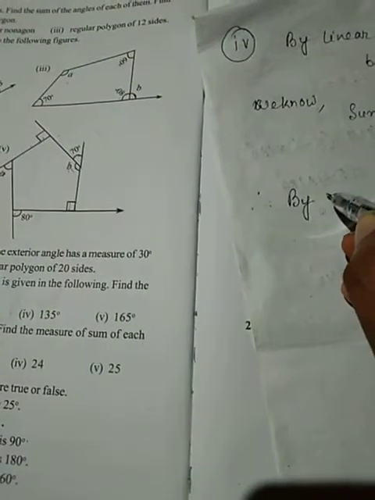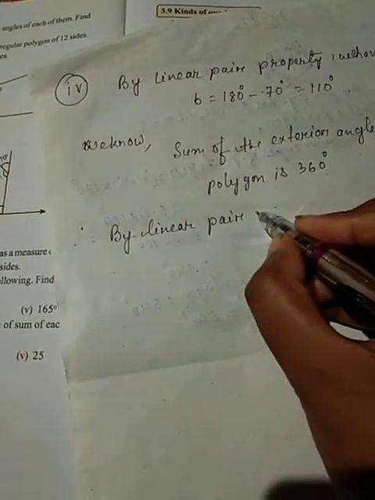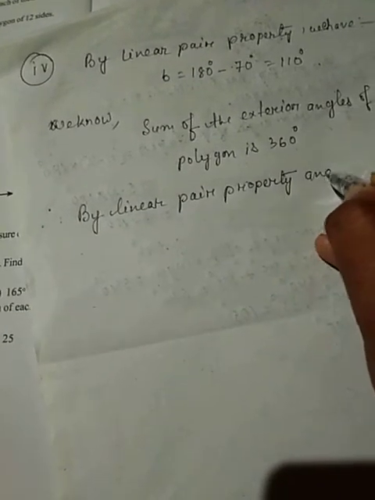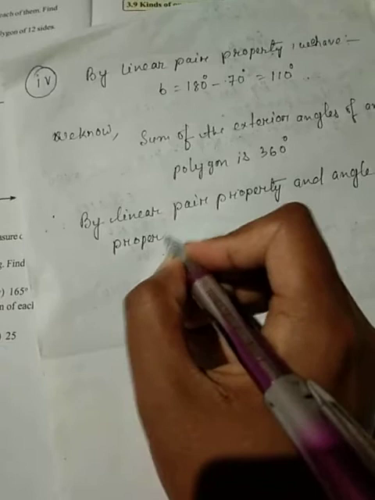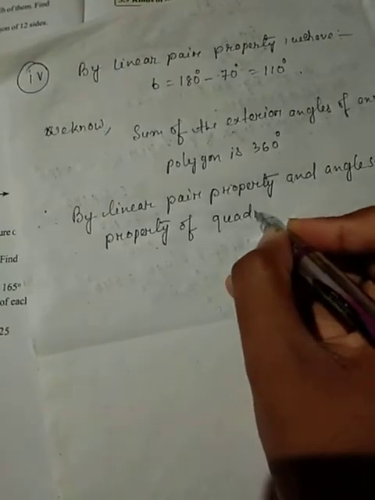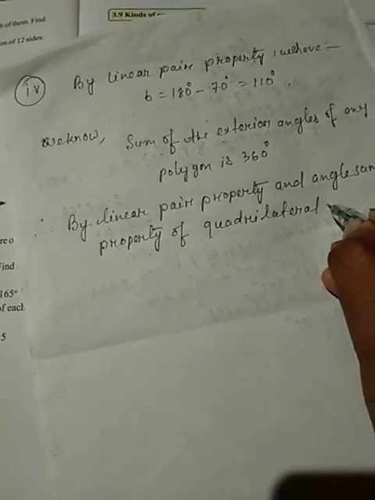Therefore by linear pair property and angle sum property of quadrilateral we get,